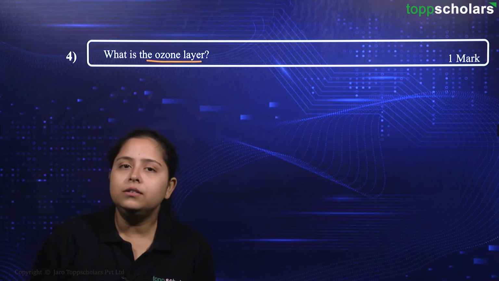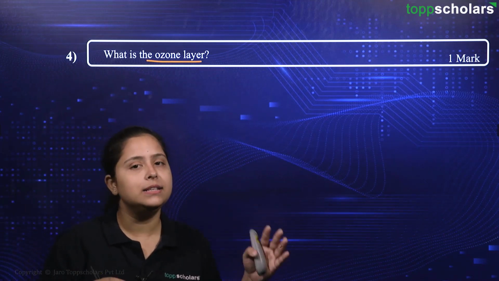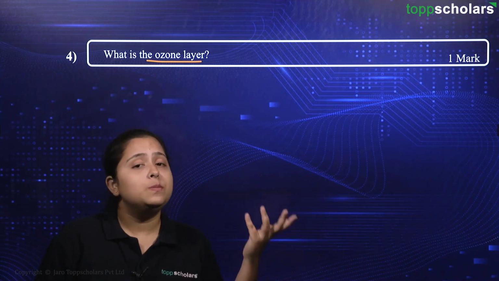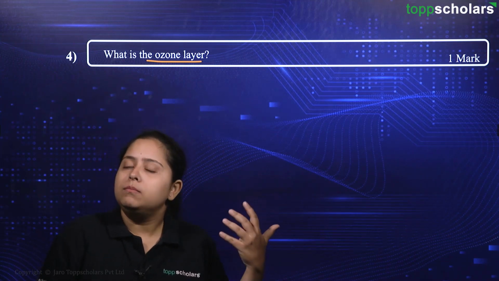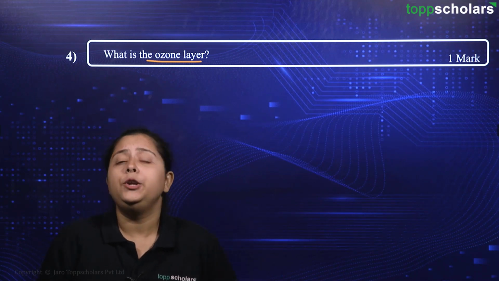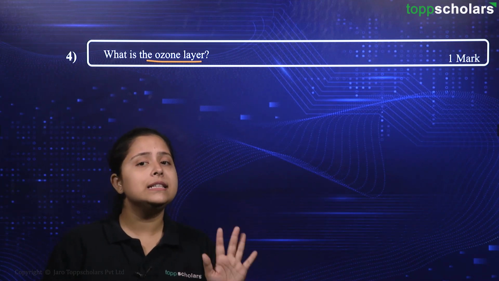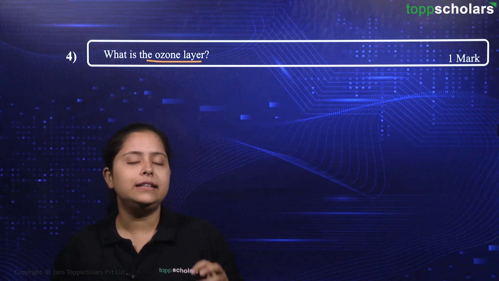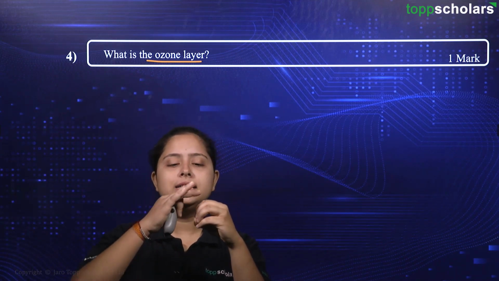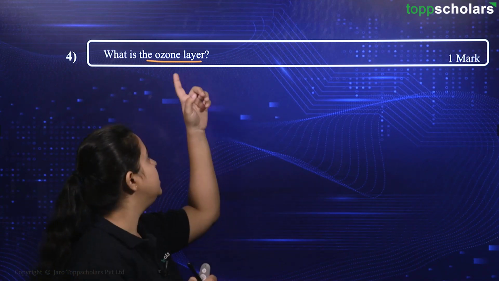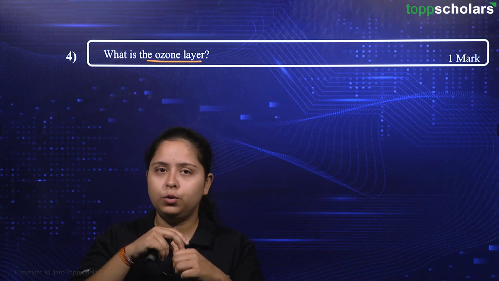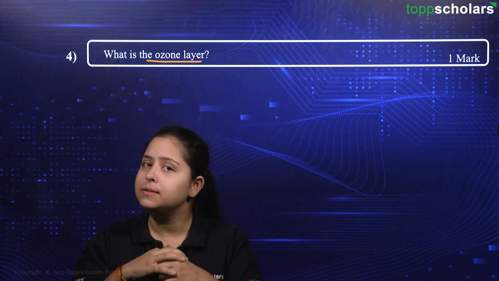So ozone layer, you might have heard, you have a topic in this chapter about how is ozone layer formed, why it is being depleted, how we can protect our ozone layer, what is the need to protect ozone layer. All of these things are present in your chapter. Now friends, basically just consider that if this is my earth, then there is a protective covering on this earth which is called as ozone layer. If the covering is being depleted, then we will have ozone holes.